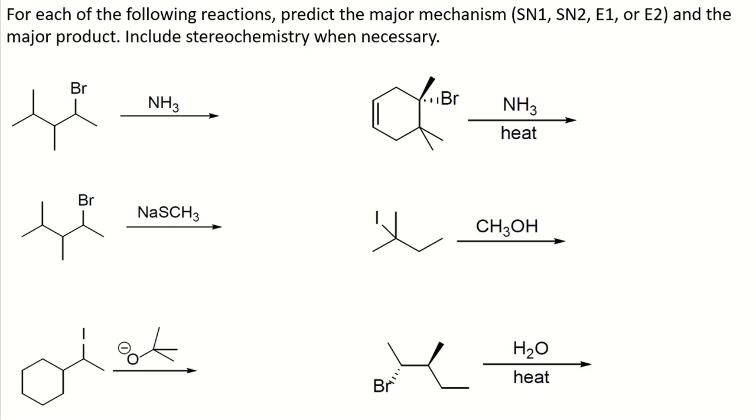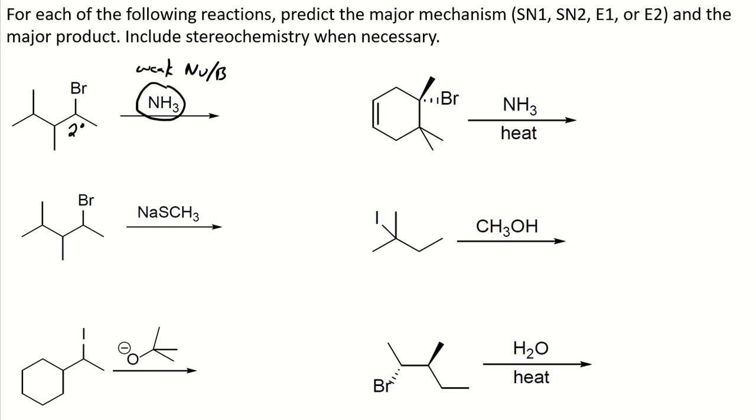So let's look at some more examples of identifying the correct mechanism for substitution and elimination. Looking at our first example, all four mechanisms are possible because we have a secondary alkyl halide. Now what we're adding is NH3. There's no charge present, so this is most likely going to be weak, and it could be both a nucleophile